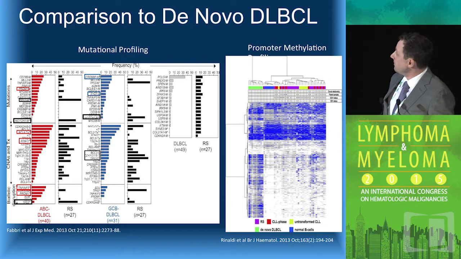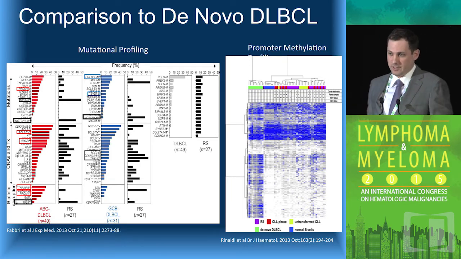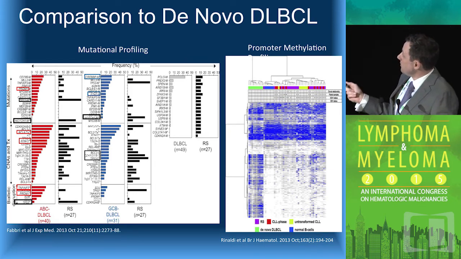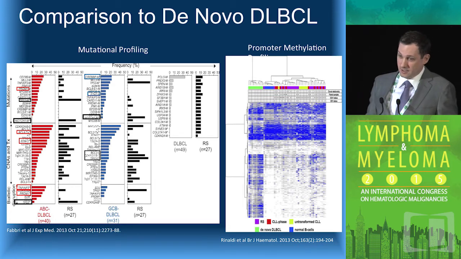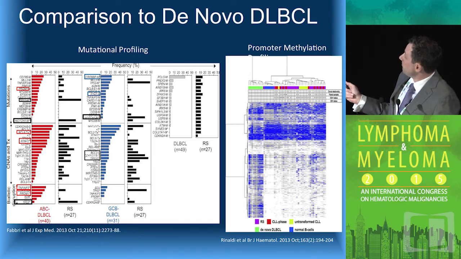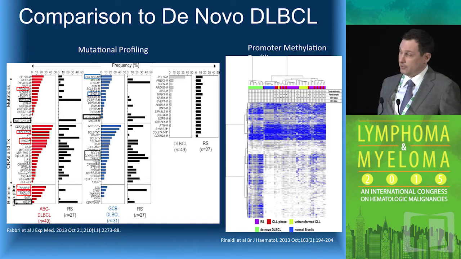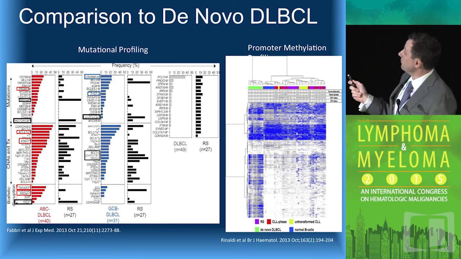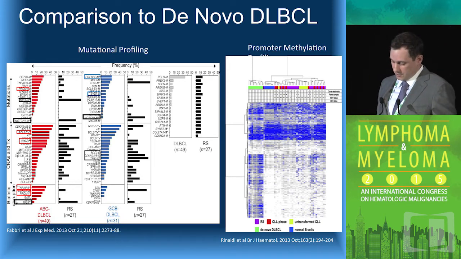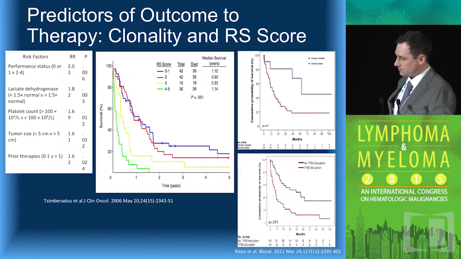Again, the epigenetics that are seen between de novo DLBCL just demonstrates that this is a distinct biological entity different from DLBCL. You see our DLBCL here on the right, your left side, and then you'll look at our Richter syndrome, which is in purple, clusters very closely to CLL, and in fact, the patients with paired Richter syndrome CLL samples cluster very closely together. So they are much more similar than they are different and much different than DLBCL.